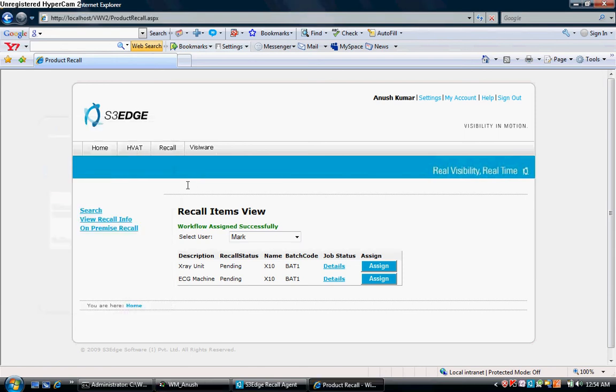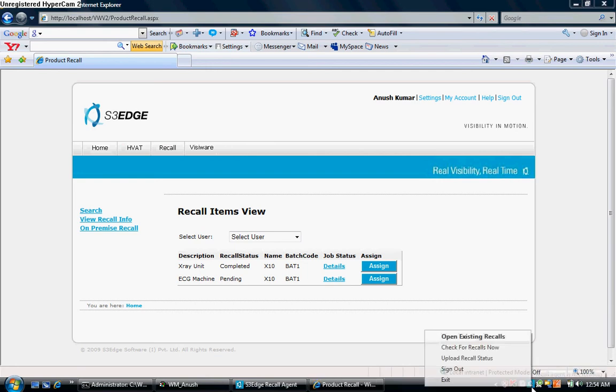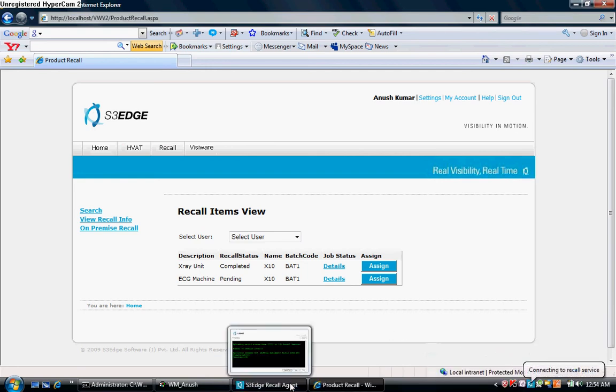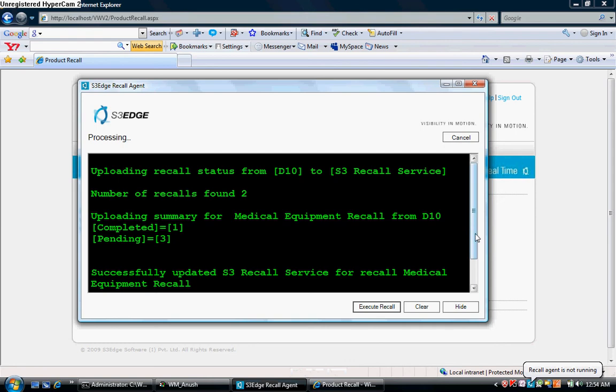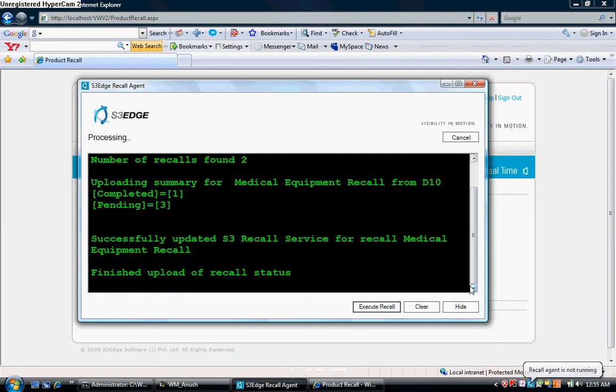If we go back and refresh our product recall portal, you notice that the X-ray unit recall status is complete. I can then upload my recall status, at which point we connect back up to the cloud and send back the status of the recall. You see there that the status of a successful completion is sent back into the cloud, and the cloud service makes a note of it, and this can be rendered via either a map or any other application-level